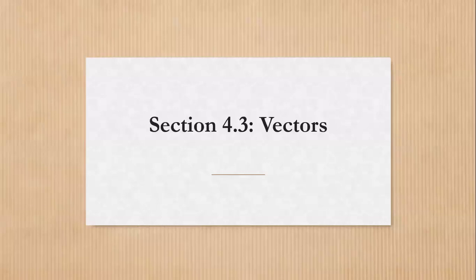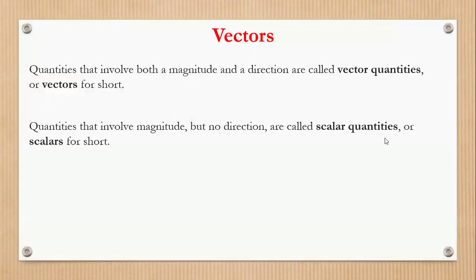In section 4.3, we want to talk about vectors. Vectors are quantities that involve both magnitude and direction. If we have a quantity that has a magnitude, has a length, and has a direction, it's pointing somewhere, it's called a vector quantity, or vectors in short. But if we have any quantity that has a magnitude but doesn't point any direction, it's called a scalar quantity,